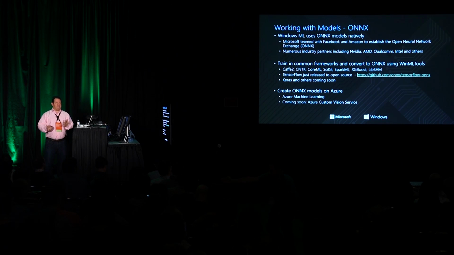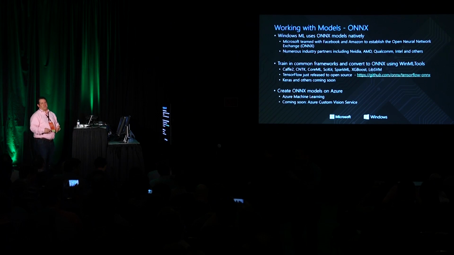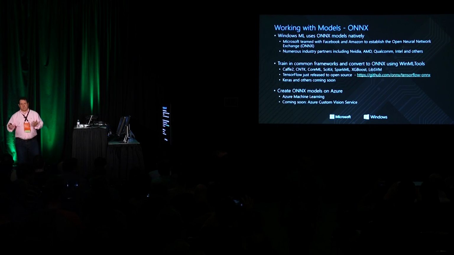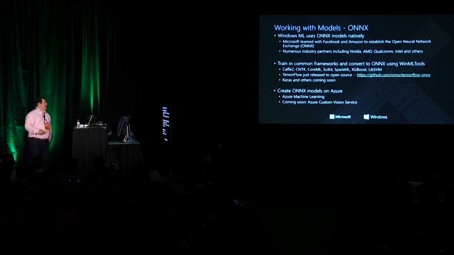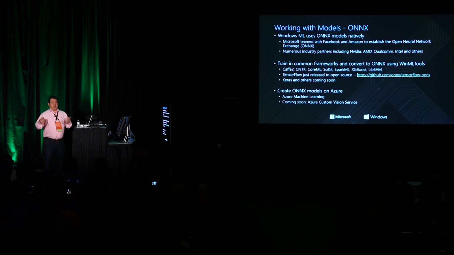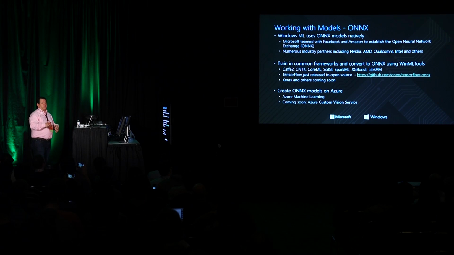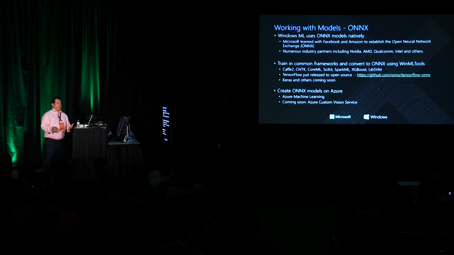So Windows machine learning really is driven by the core, as I said, the loading of a model into the system. Where do we get models from? Well, we took a very hard bet on something we call ONNX, the Open Neural Network Exchange. We use those models natively in our system. So when you create a model in any framework that exists today, you can take that model and import it into an ONNX model. We teamed up with Facebook and Amazon and have joined together with a lot of other companies, Intel, NVIDIA, Qualcomm, and others, to really drive a standard format for us to build models and evaluate them in systems.